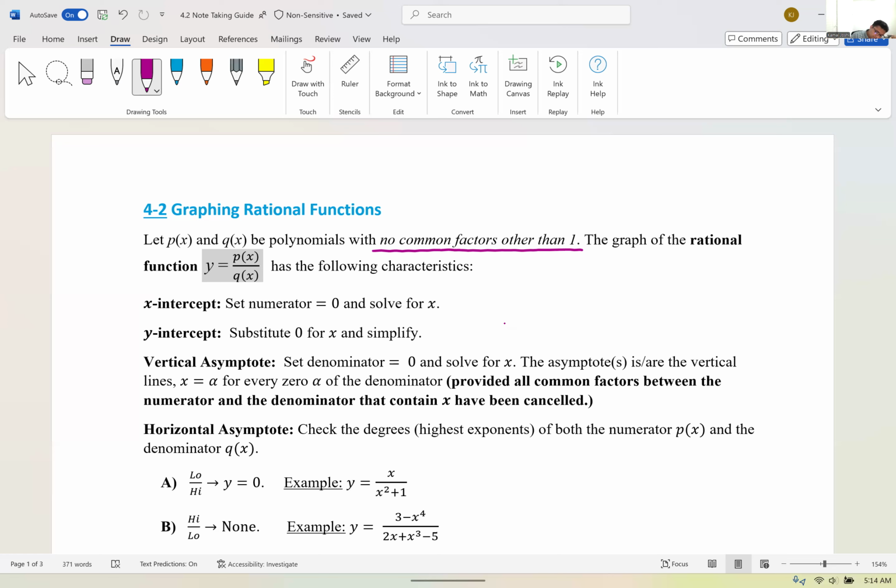So where the numerator becomes 0, the whole function becomes 0. That is the y value. The y equals p of x over q of x, right? If the numerator p of x is 0, then y is equal to 0. And as a result, you get x-intercept. It has to be on the x-axis because the y value is 0. And similarly,